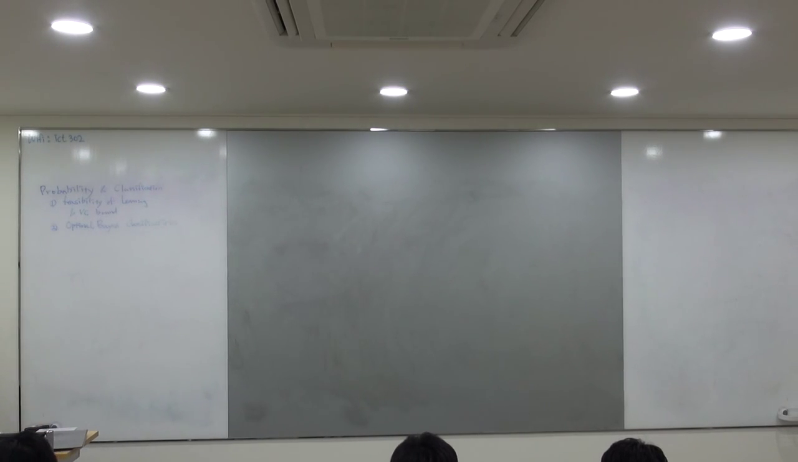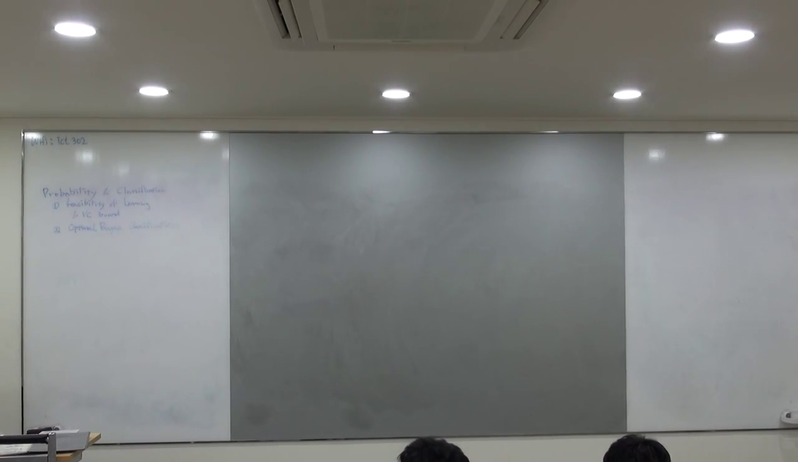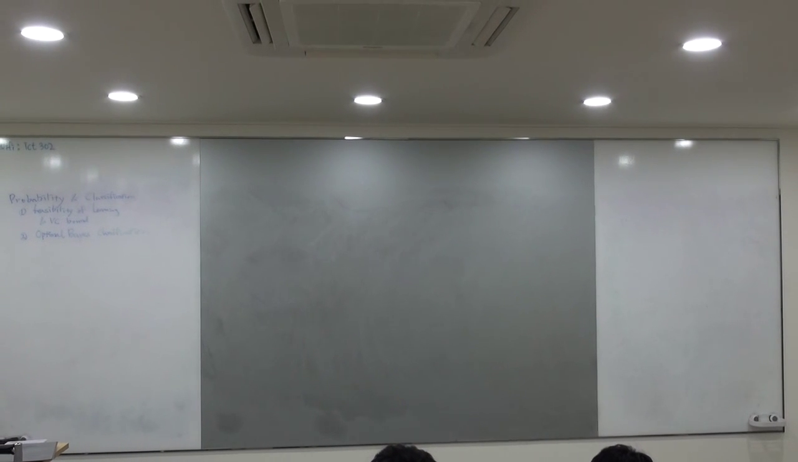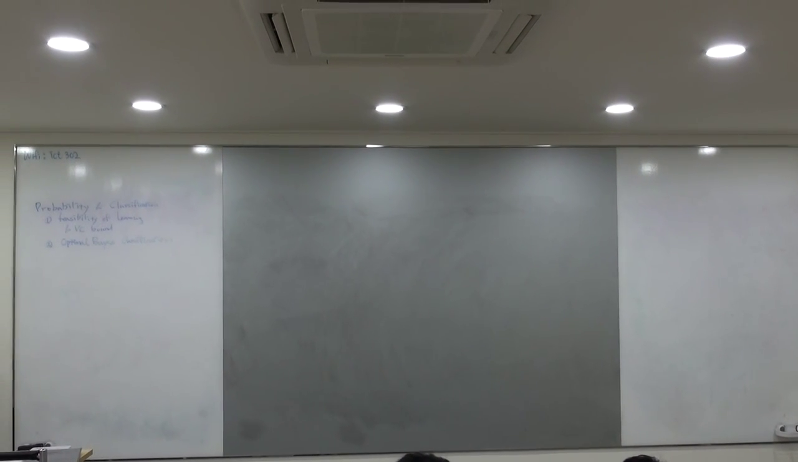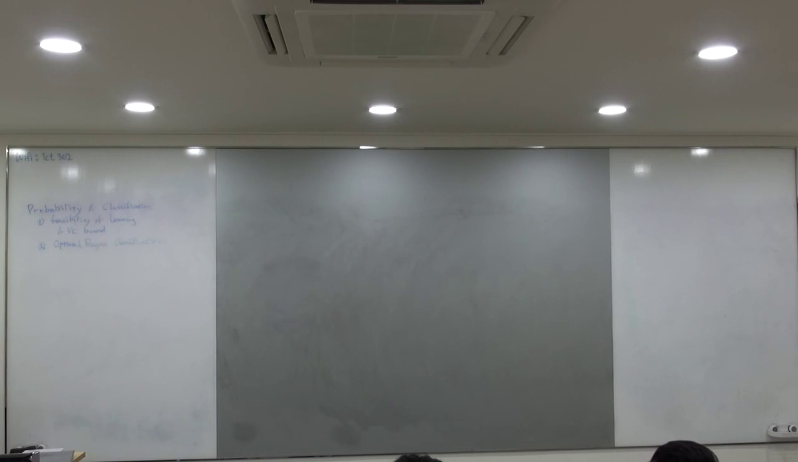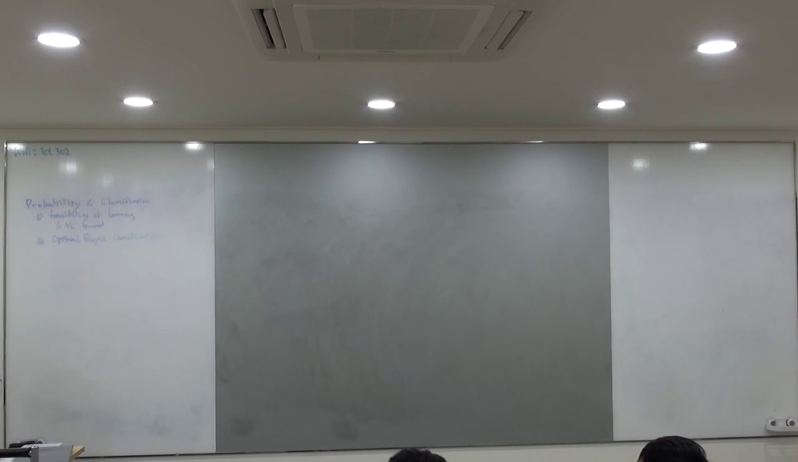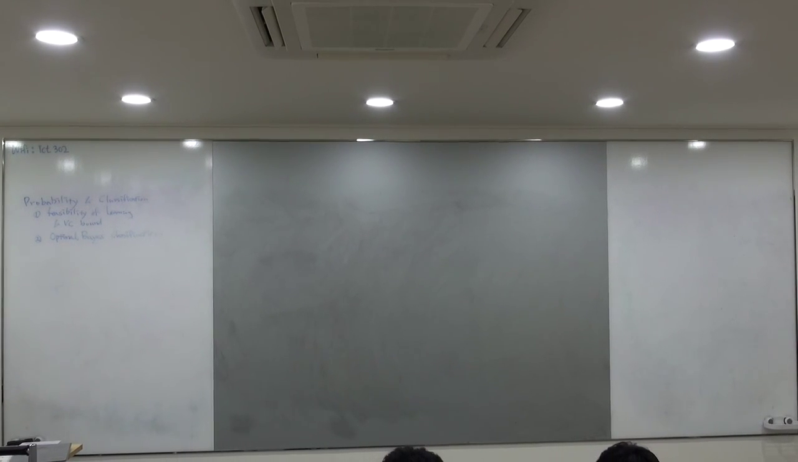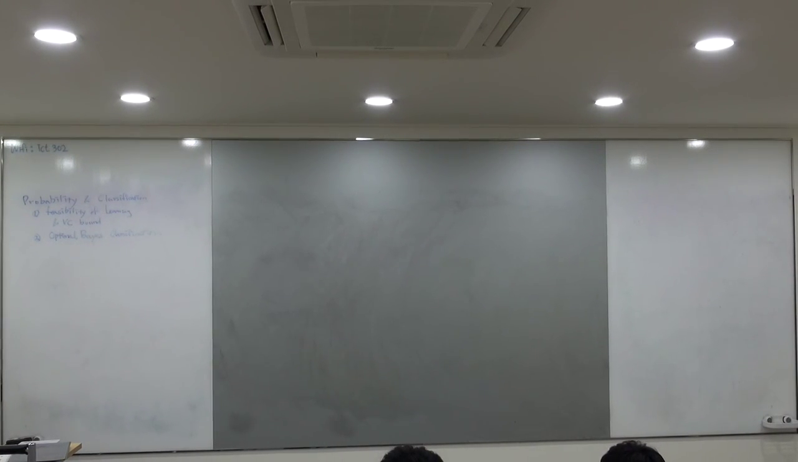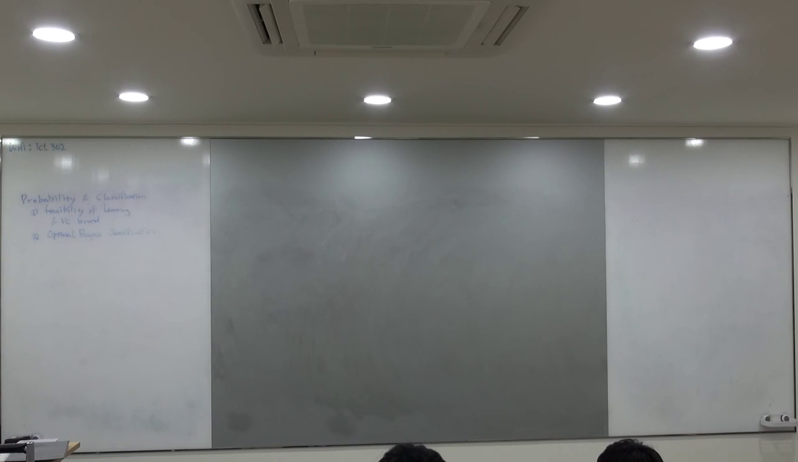Probability and classification. There are two parts. In the first part, I'm going to talk about the feasibility of learning, what the concept of generalization of the classification is, and finally the VC bound, which is a very essential theorem in classification. And in the second part, I'm going to talk about the optimal Bayes classification